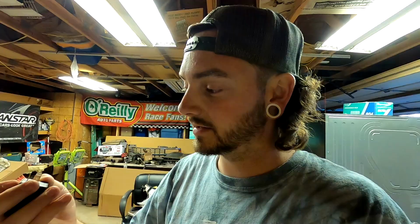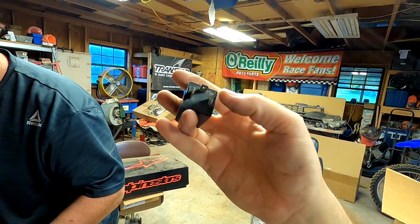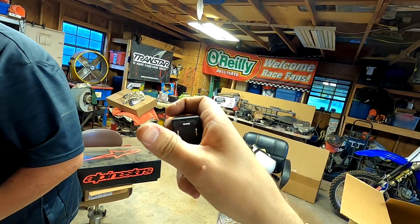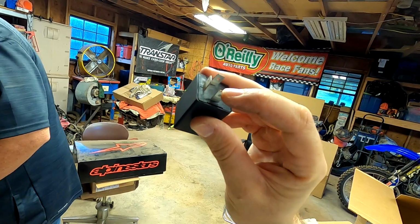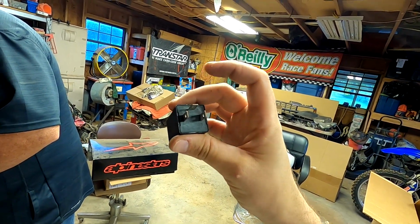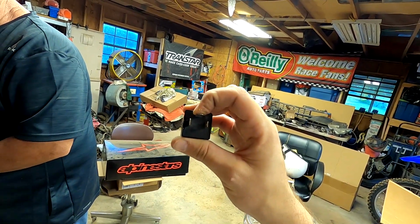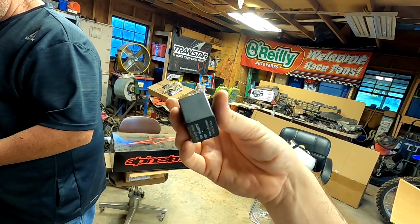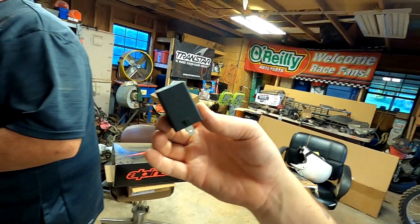So basically what we're gonna do is test this relay. I looked up how to test it. All these are going to have either a B or a plus or a minus. Mine has a plus here and a minus here. So what you do is put hot to this, you put negative to this, and then you have another lead like a test light hooked up to a ground, and then you touch that on this. And if you touch that on this hooked up to the ground and it starts clicking, then you know the relay works. If it does not do anything,